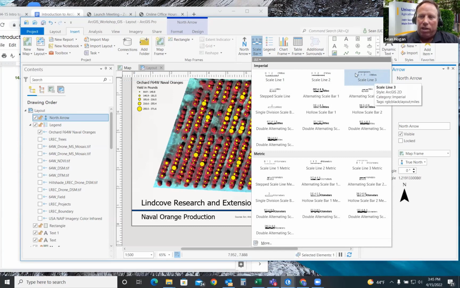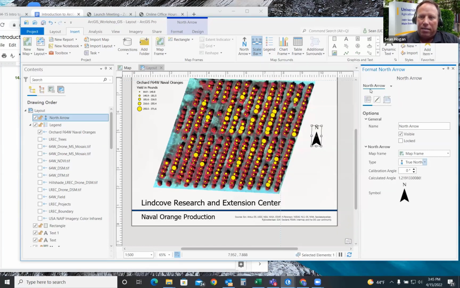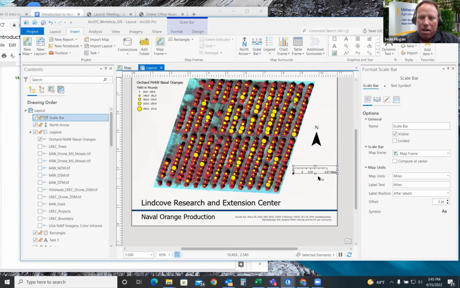Preferably, I like the one with the bar on top and the values below. So I'll pick the scale bar on the top right-hand corner, click this, and then drag and drop it over here somewhere. But it's in miles. That's not a worry yet. It is easily fixed.